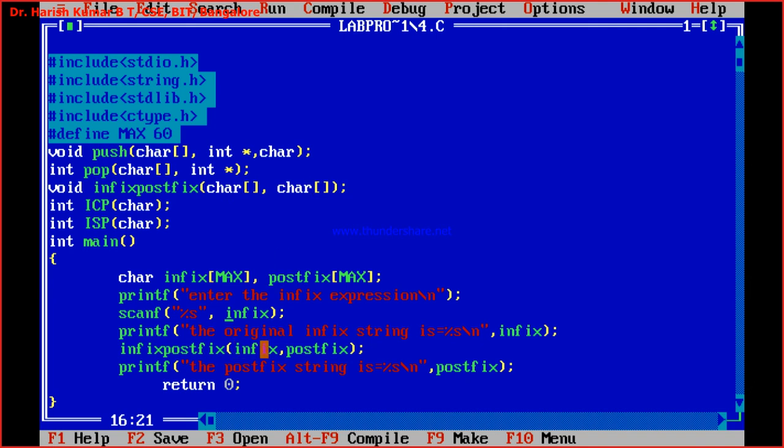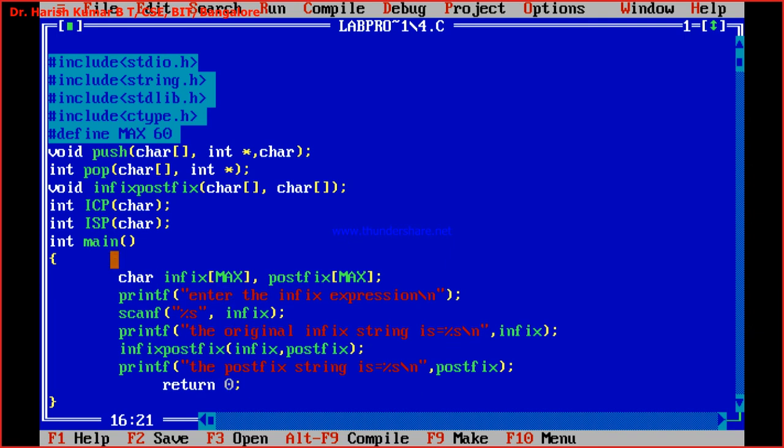Then I print the postfix string. Just after calling infix to postfix, my infix expression is converted into the postfix expression, and finally I'm printing it and return 0.